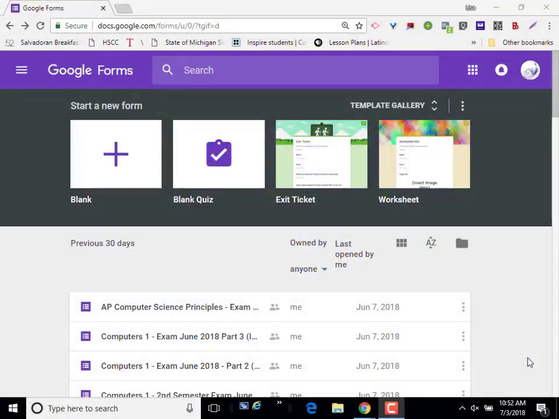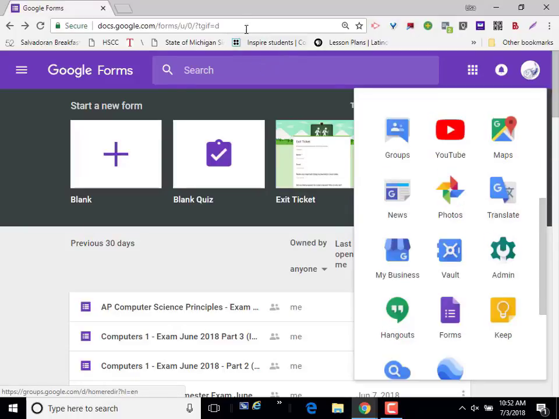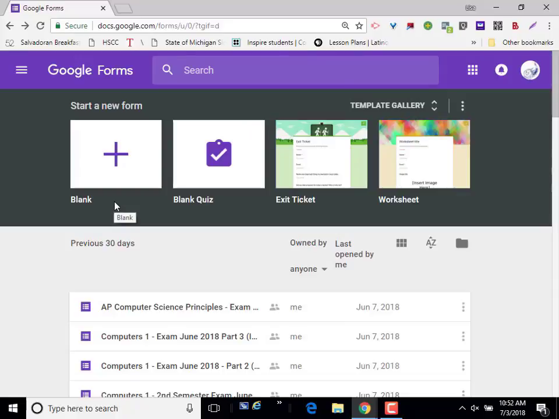To access Google Forms, you can go to forms.google.com, or within the Google Apps screen, click on the tiles at the top right and choose Google Forms. When you reach the Google Forms landing page, you have the option of creating a blank form, which is what